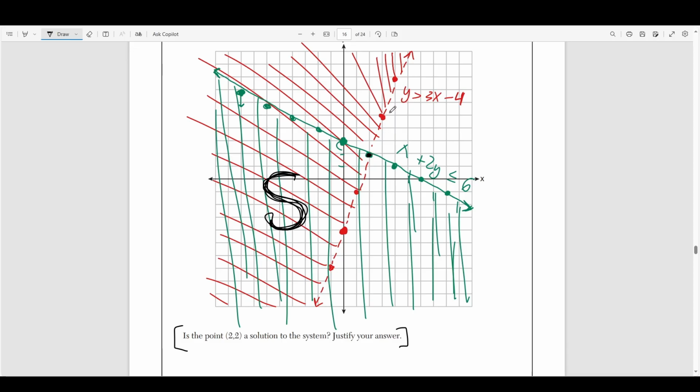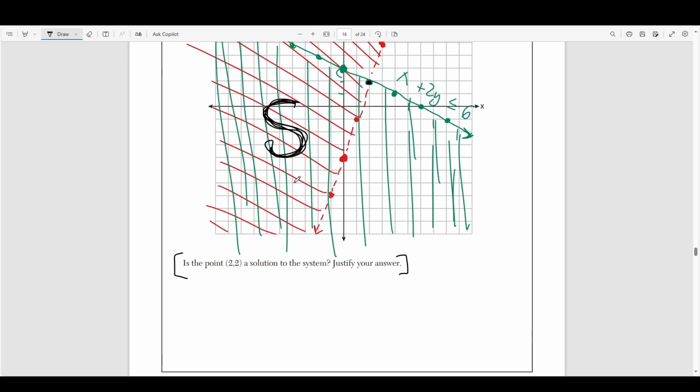Now, one of the lines is dashed, which means that any point on this dashed line is not a solution. So because the point (2, 2) is on a dashed line, it's not a solution. Okay? So we need to conclude that no, (2, 2), and I'll write that a little bit neater for you guys. We just conclude that no, (2, 2) is not a solution